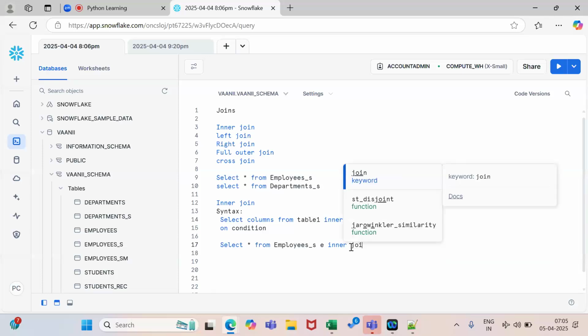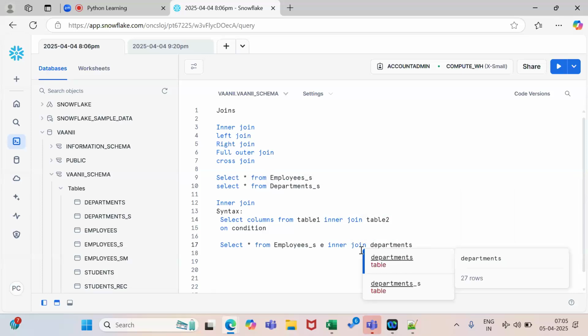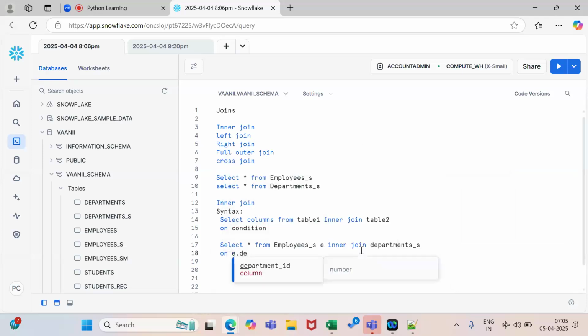ON e dot department id should be equal to d dot department id. Instead of select asterisk, we can put the column names, from employees if you want a few columns, and from departments also. But this is for all data. So this is the syntax.